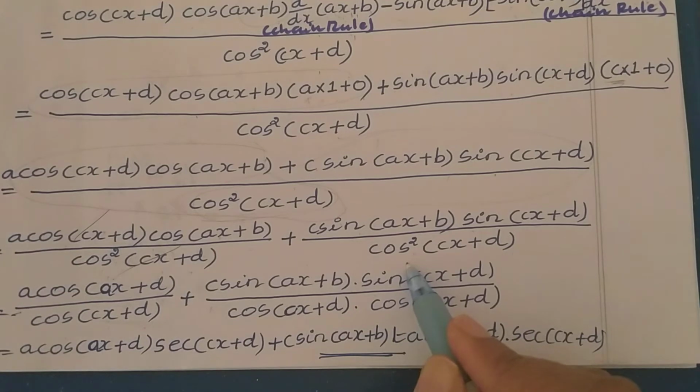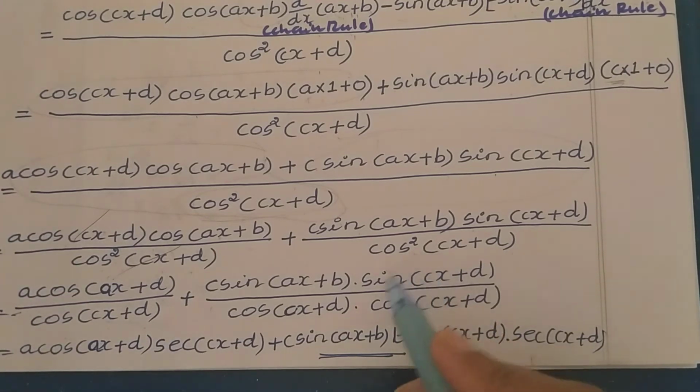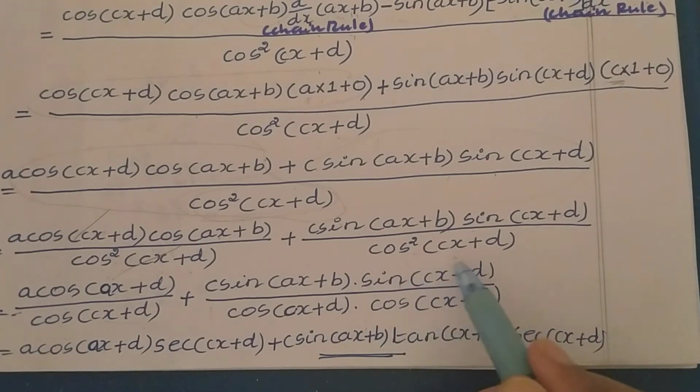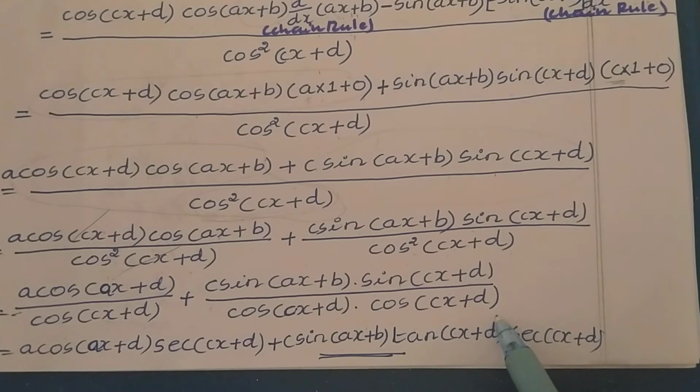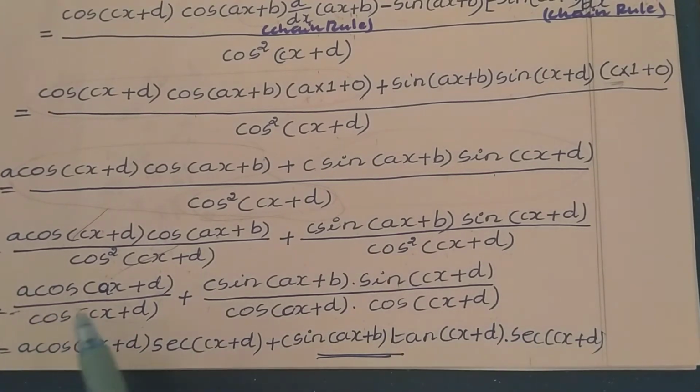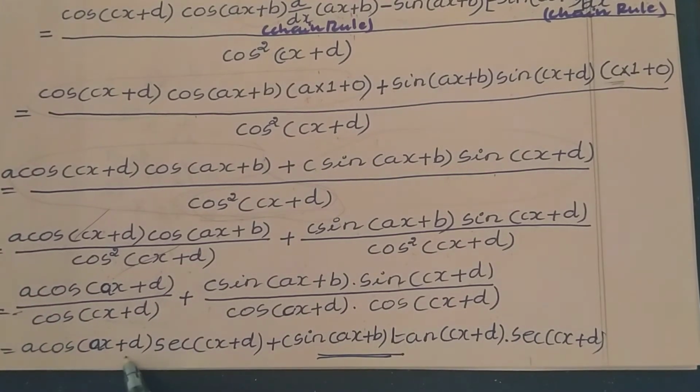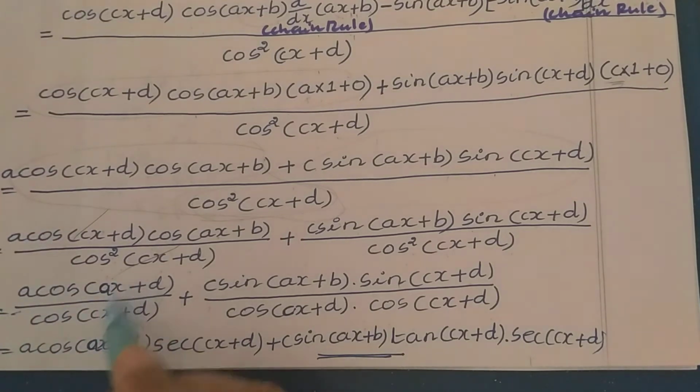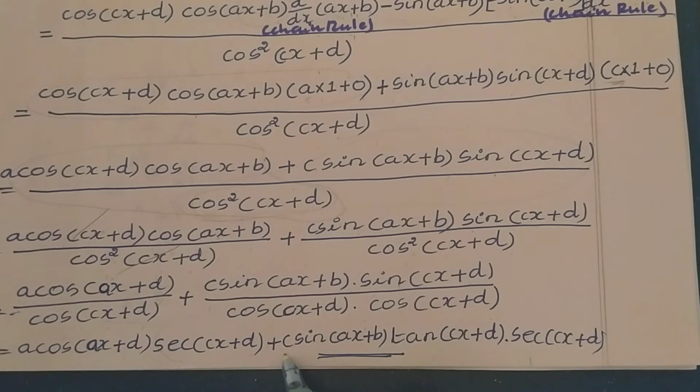Then this I am writing separately. Cos square we can write as cos(cx+d) into cos(cx+d), which is nothing but cos square (cx+d) only. So this I am splitting and writing: cos(cx+d) into cos(cx+d). Next, here we have a cos(ax+b). This I can take as 1 by cos, and 1 by cos is nothing but sec. So this I can write as sec(cx+d), plus